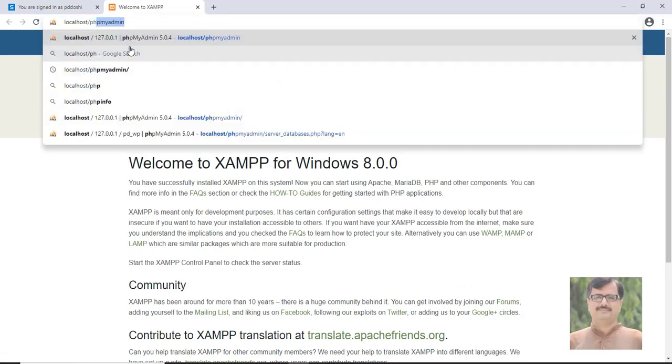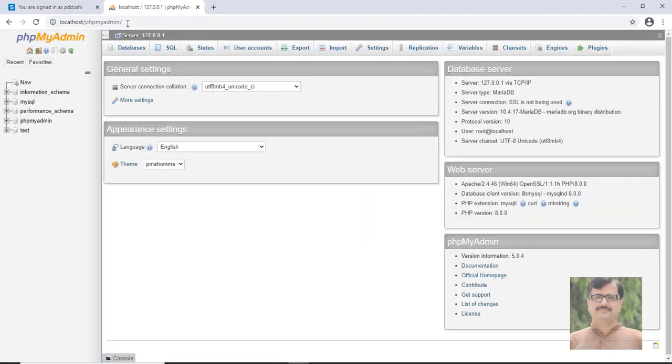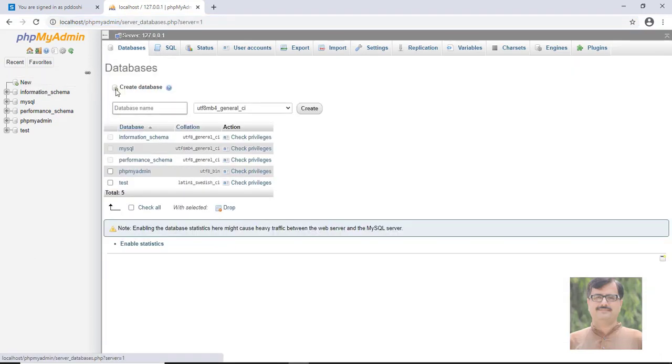I will type localhost phpMyAdmin, and here I will create one database. So create, where is create, new one, database name.